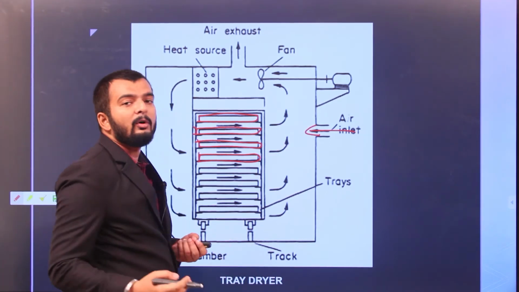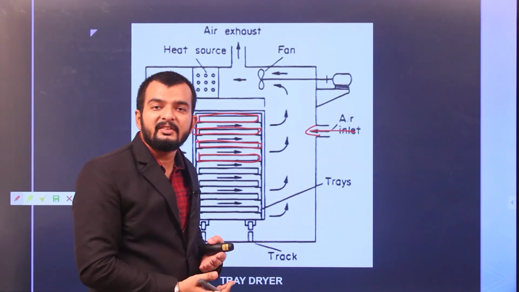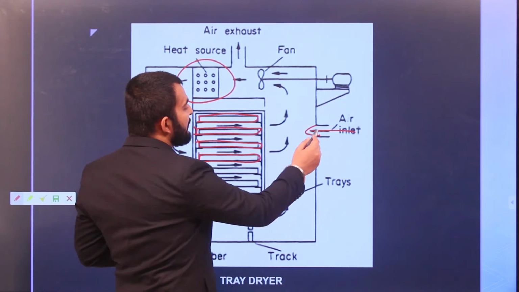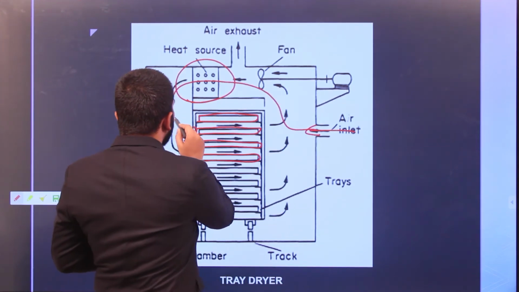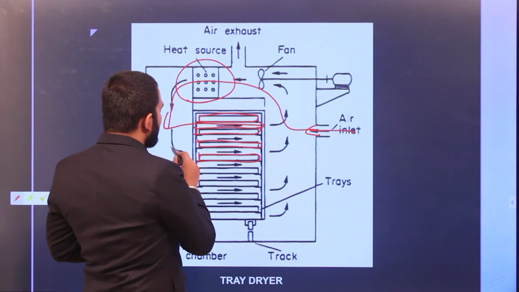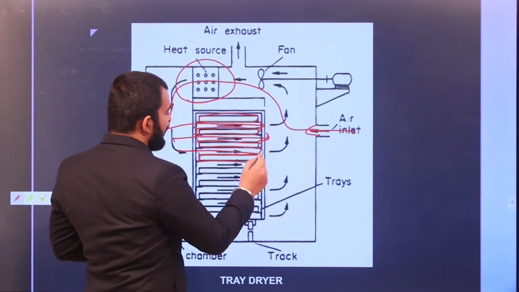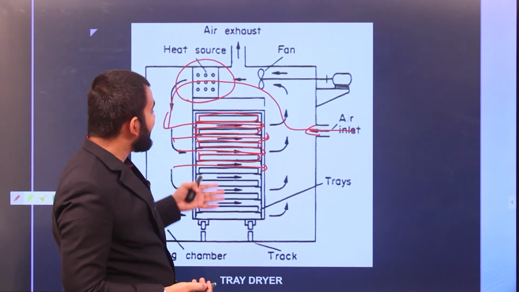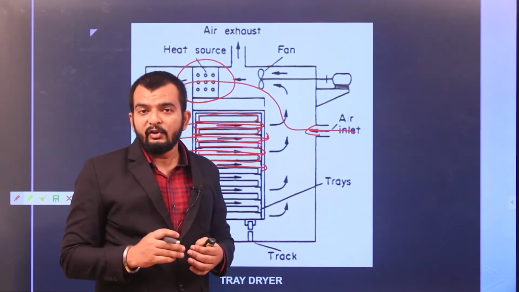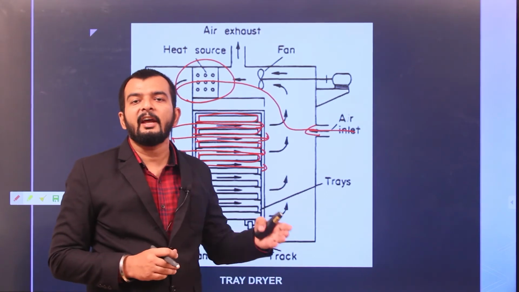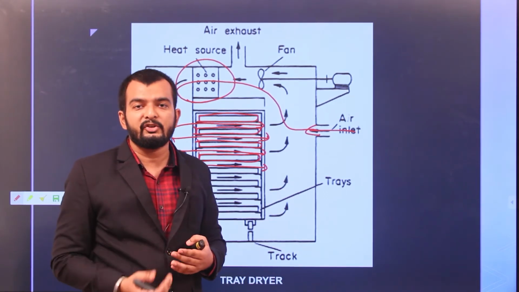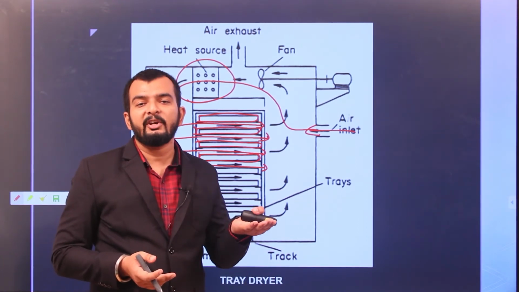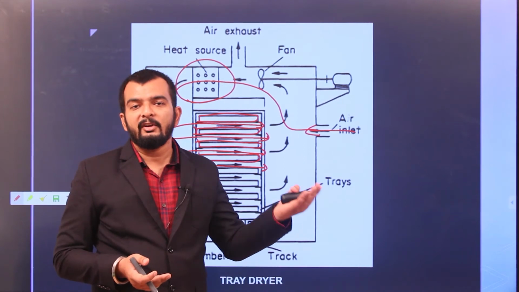Now if you want to increase the rate of drying, a heater is also provided. When the air passes through this heater, it will get heated. So the temperature of this cabinet or the tray dryer will increase. As the temperature increases, the relative humidity of this air decreases and it has more capacity to hold moisture. Moreover, at a higher temperature, the moisture migration or moisture evaporation from the grains will be comparatively faster.